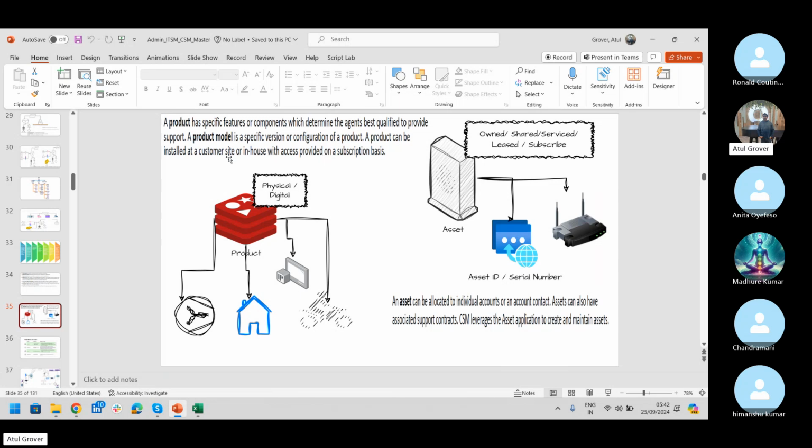Either you install it like ATM machines. A company says my employees are using this banking account, and if they want to withdraw, why should they go outside the office? Let's install 2 ATMs in the cafeteria itself. That is an installed product at the site. Or in-house, which means